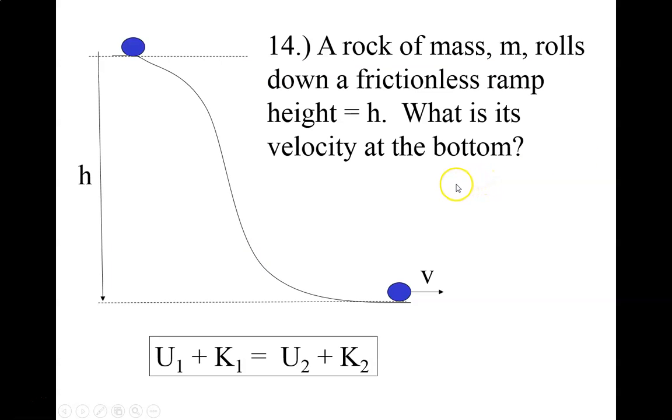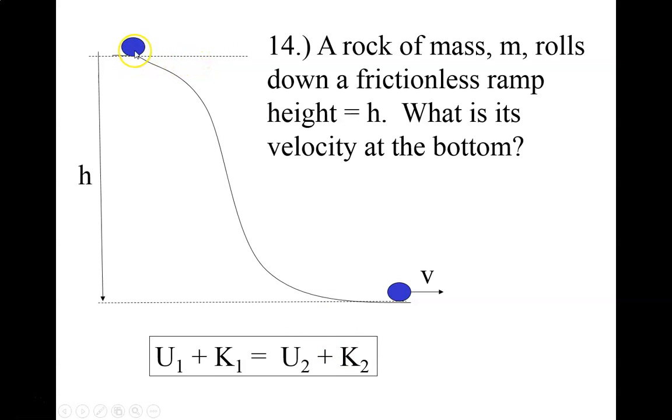So working this with the equations a little bit. Let's say we've got a ball of mass m, and it rolls down a frictionless incline. So we're not losing any energy to heat. All of our energy is going to show up in one of these forms, potential or kinetic. When we add friction, that'll mess up the scales a little bit, but we'll learn how to deal with that. Whatever we start out with is going to end up at the end. So what is its velocity at the bottom?